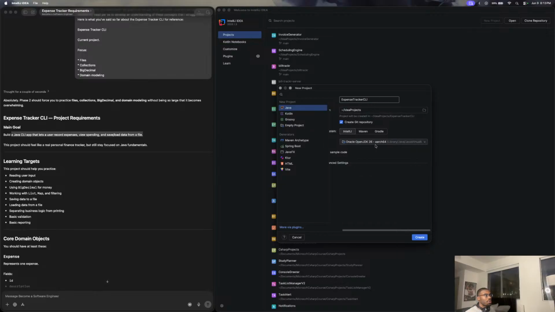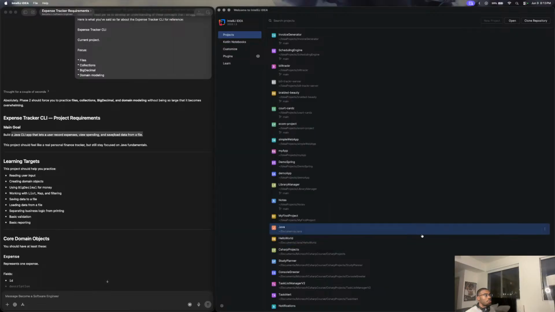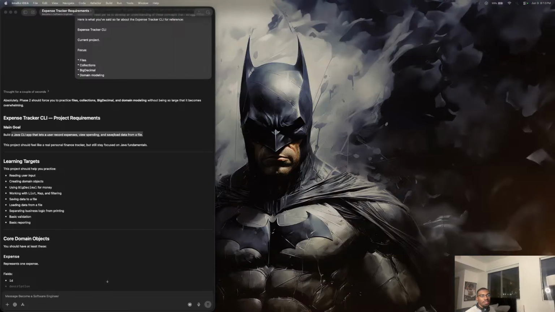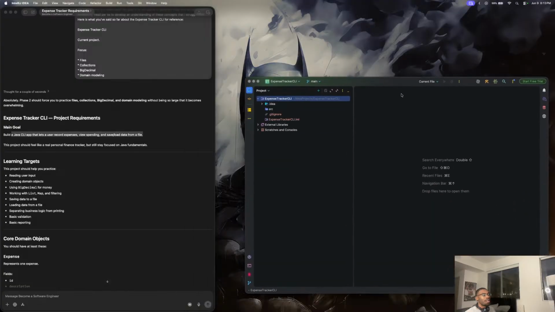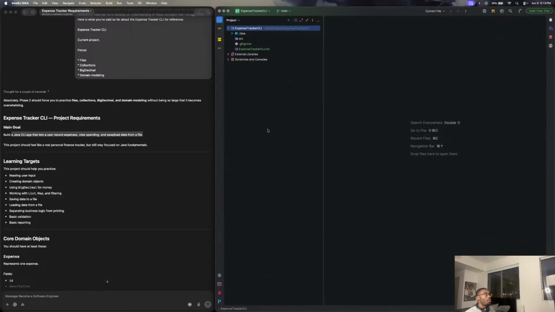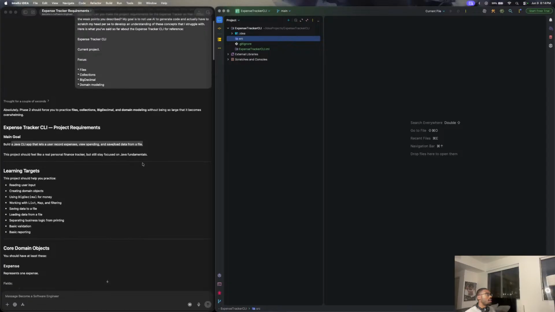Java 26, JDK 26. Build system, we'll leave that with IntelliJ. We are good to go. I need to start getting more comfortable with the command line. I'm pretty sure I could have done that with the command line. Okay, so first things first, let's create a